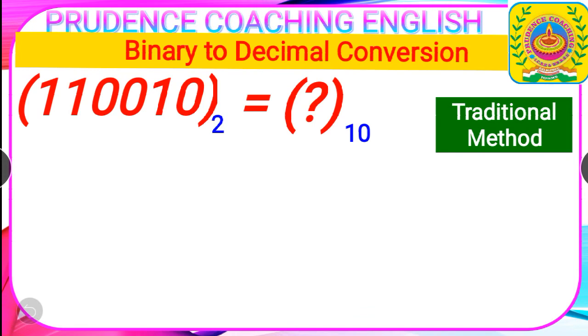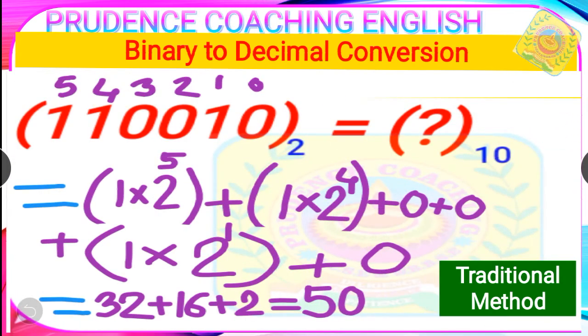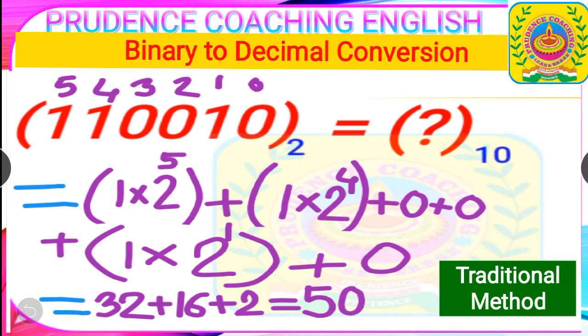Next we will be discussing this with another example, that is 110010. This number has to be converted into a decimal number. So here is the traditional method, that is we'll again start counting the digits from the end, 0 1 2 3 4 5. So there are 6 digits, and we'll proceed in the following steps. 1 into 2 to the power 5 plus 1 into 2 to the power 4 plus 0, because 0 into any number is 0, so we are not writing this again. So 0, next there is 0, so 0 into 2 to the power 2 equals 0. Next 1 into 2 to the power 1 plus 0.